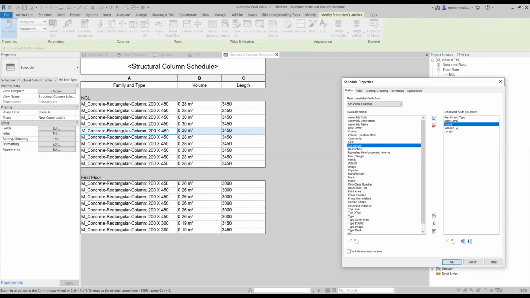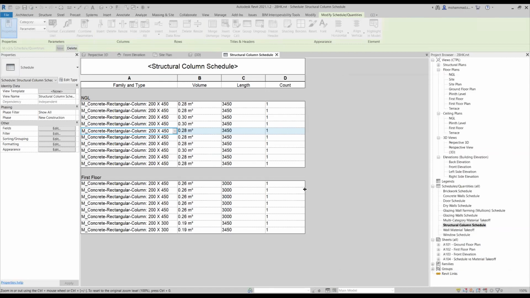And now counts are also added. For example, I can also choose whether to keep this column at the last or at the beginning. I'm keeping it in the last. So you can also switch by using these arrows to place your columns. I'm accepting this. And as you can notice, every instance of the column is itemized in this case.